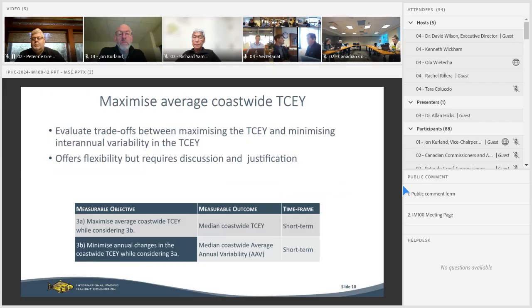So one potential way to reword this is to number these priority objectives. When we get to maximize yield and minimize the annual variability in the yield, we could just number them the same, as 3, and maybe call them A and B or something like that. This was really something we worked through with the MSAB. At the end, I'll show all of the objectives in summary, but we're trying to figure out a way that we can fit this into the commission's priority objectives without making too many changes, and maintaining what the commission desires as well.